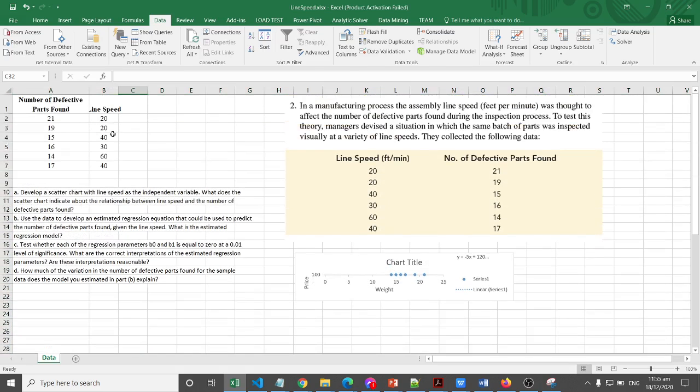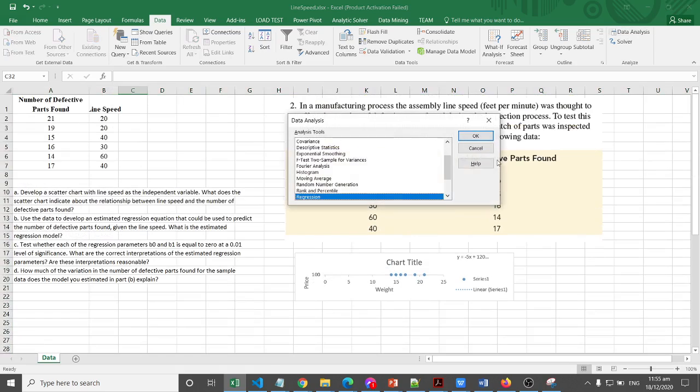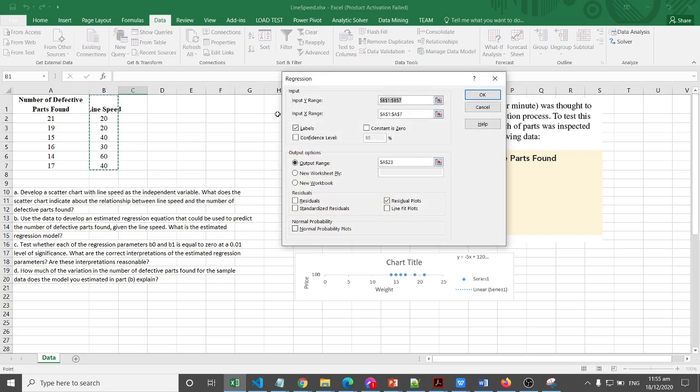Again, we have to create our regression model by choosing the data analysis, then the regression. Okay, our y is the number of defective parts, and our x is the line speed.